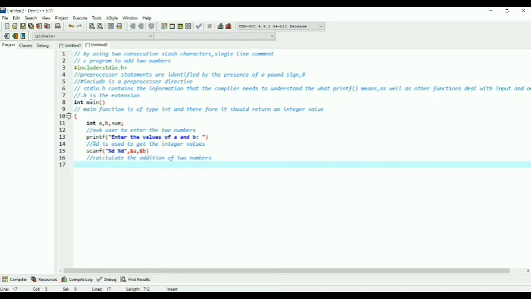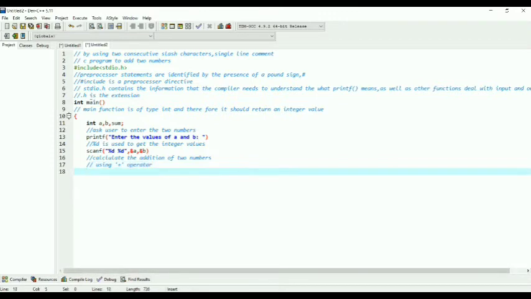So which operator do we have to use to add two numbers? Plus, right? Using the plus operator, we have to assign the output to sum.